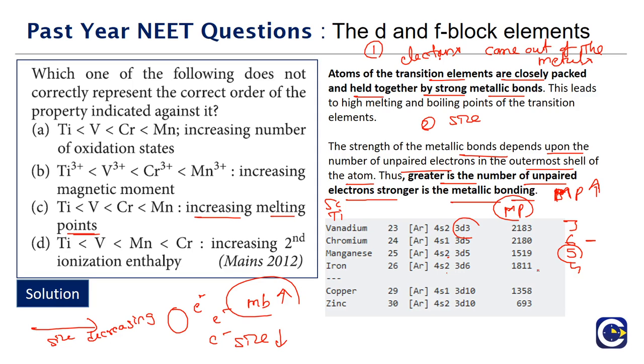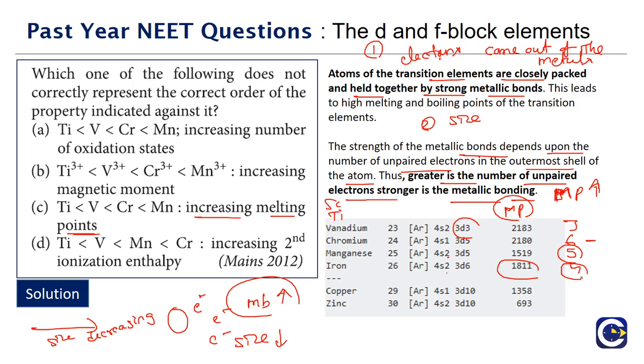And then there will be an exception in the case of iron again. Why? Because iron will have 4 unpaired electrons, but the melting point is not just because of the strength of the metallic bonding, the way we are visualizing it. It also depends upon the arrangement of these atoms, etc. But we are not getting into that much detail. That is the reason why we have certain anomalies. But the broad rule we can remember is that up to chromium it will be increasing and then it will be decreasing.